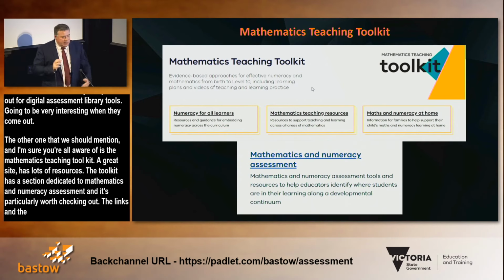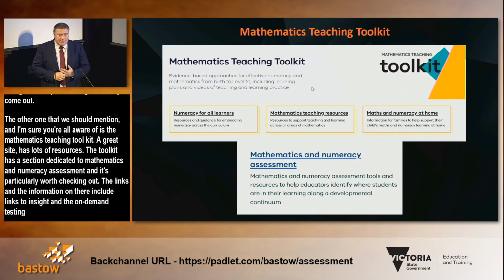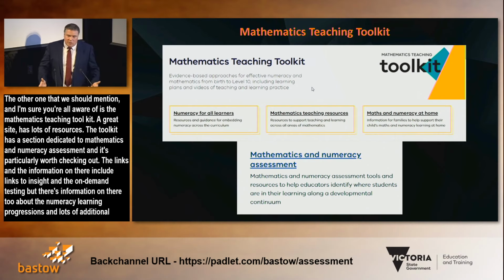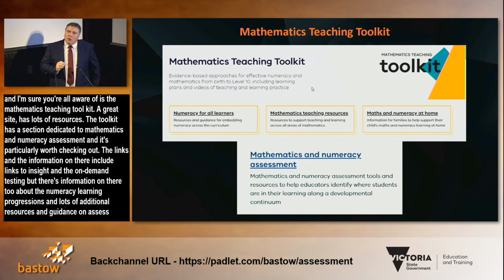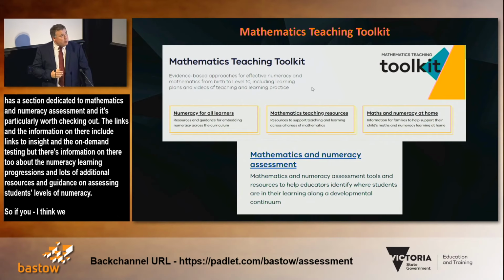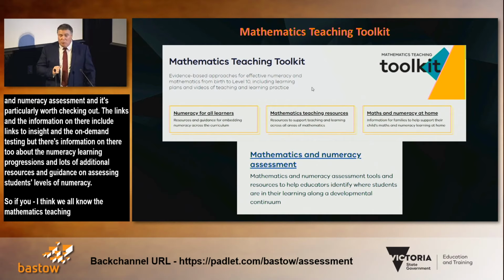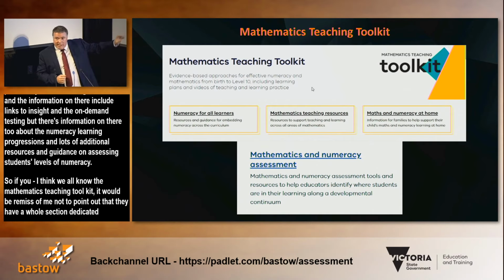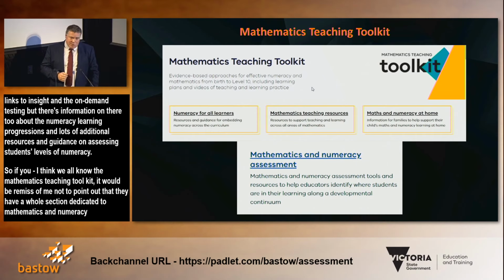There are links to Insight and the on-demand testing, and information about the numeracy learning progressions and lots of additional resources and guidance on assessing students' levels of numeracy.